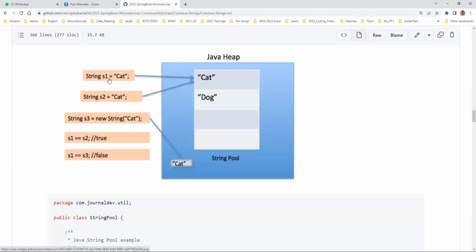String s1 equals cat. This s1 is the literal. Literal means constant. String s2 is equal to cat. So here you are defining the same string two times, maybe with different references, right? Whenever you are creating two literal objects, two literal string constants,